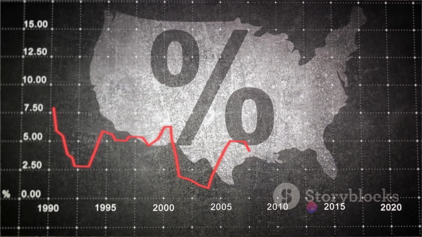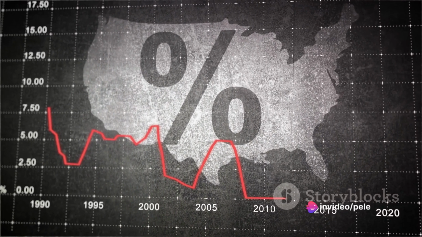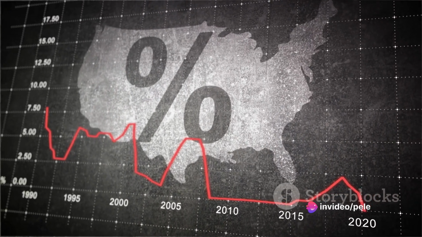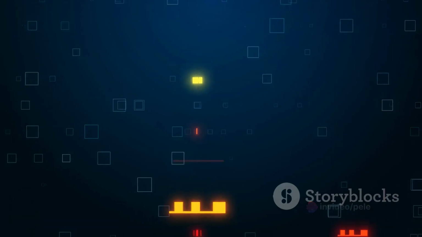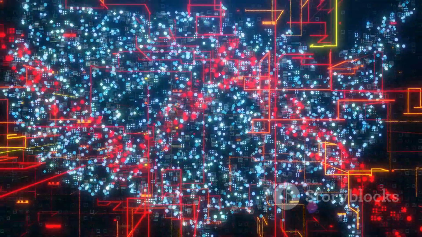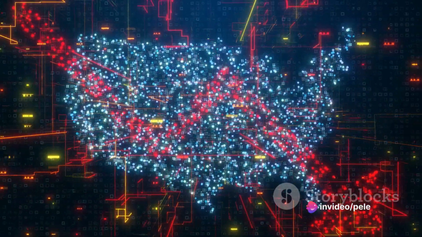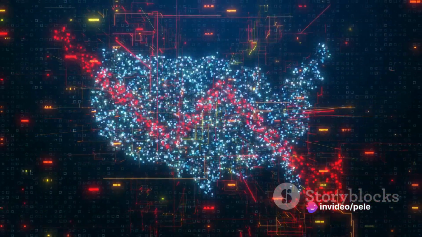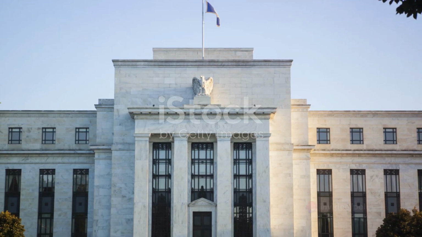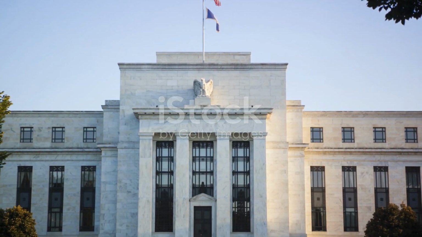If the Fed decides to tighten its monetary policy, meaning it increases interest rates or reduces its asset purchases, it can lead to higher Treasury yields. This is because when the Fed raises interest rates, new bonds issued will carry higher interest rates, and existing bonds with lower interest rates become less attractive. Hence, to sell these less attractive bonds, their prices drop and their yields rise.